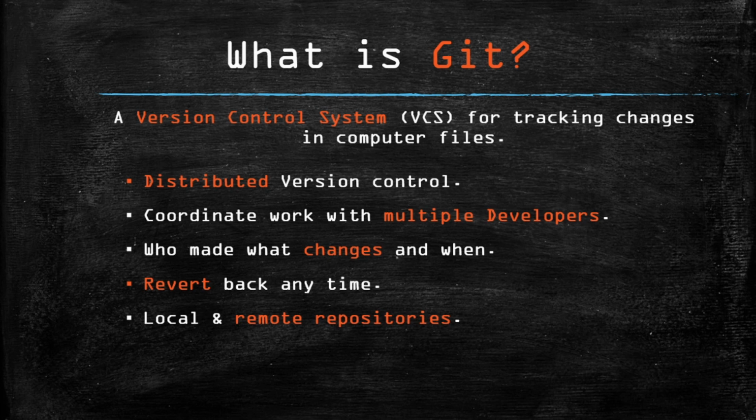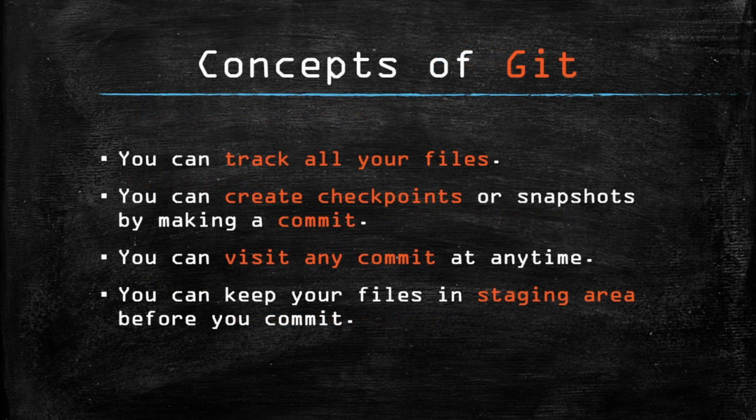Alright, so let's quickly look at some concepts of Git. It essentially keeps track of your code history with snapshots of your files. You make these snapshots by making a commit with a simple command, and you can always go back to see any snapshot of previously written code. And like I said, you can always revert back if you need. So your code is extremely safe when you're working with Git.